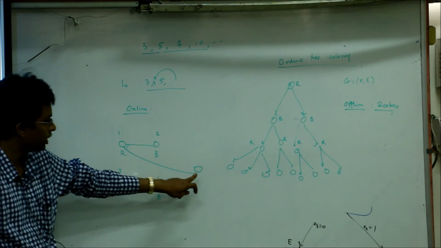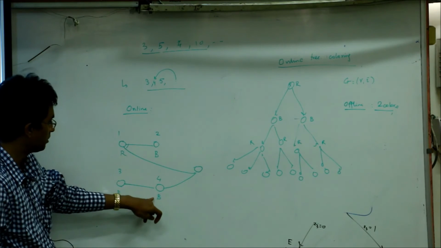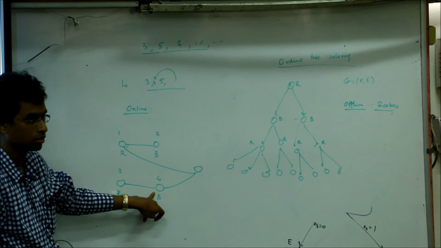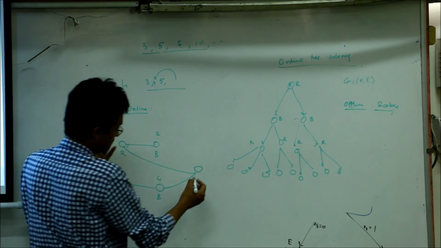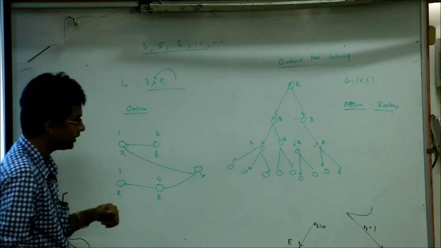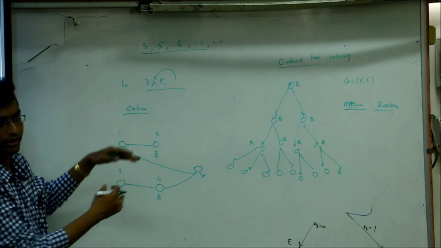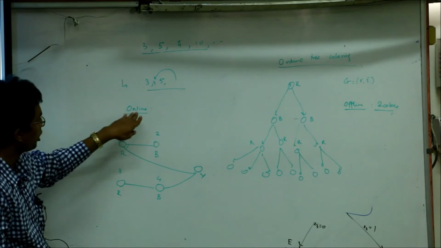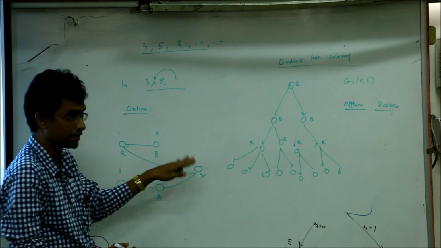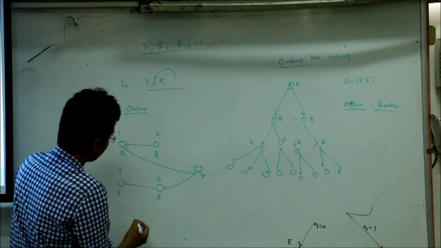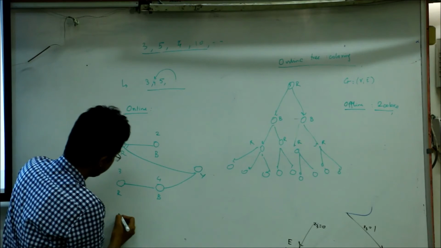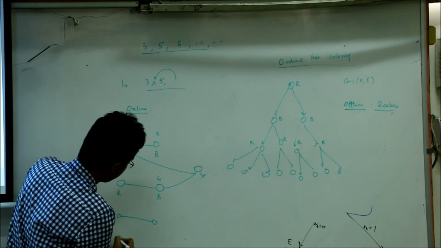So what is the color you have to give to it? You cannot give it color blue because this already has color blue. You cannot give it color red because this already has color red. So you have to give a new color to it, maybe yellow. And you can extend this example to show that in online tree coloring, you require at least log n colors for n vertices. So you can extend this example as below, that you can recreate the same structure.